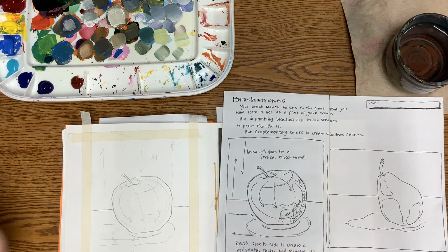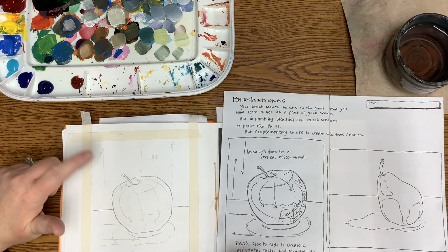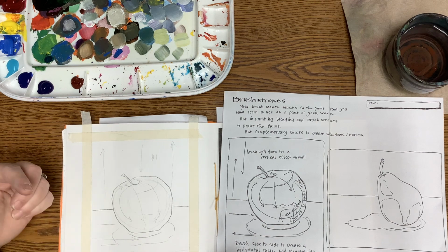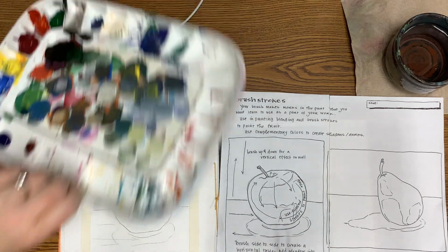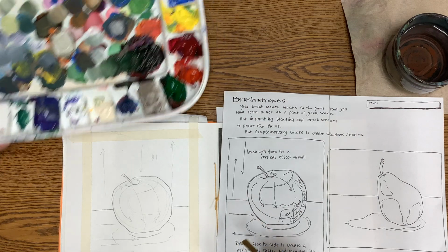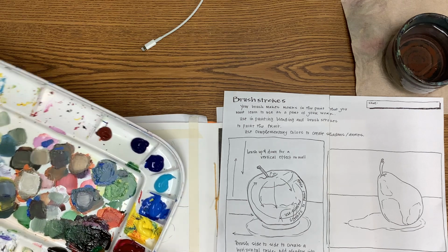The first thing you do have to think about is what color you want your apple to be. If I want a red apple, I should not use red in my background or on my table, because if I paint a red background and a red apple, things get a little lost. So you do have to have a mental picture of what color you want your apple to be before you begin. I think I'm going to paint a red apple, and I do want kind of a grayish